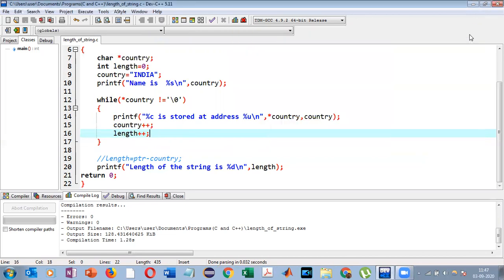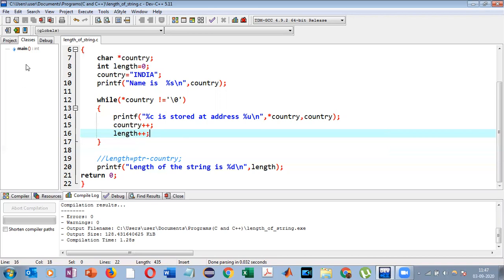Now certain important points we need to remember: country, in this case, is a pointer to the string, but at the same time, it is also the name of the string. So here we do not necessarily need to use the indirection operator. Definitely when we are accessing each single character, then we need to use the indirection operator, because we are pointing to a particular memory address and then trying to extract whatever character is kept in that memory address. But other than that, country over here is a pointer to the string, as well as the name of the string.